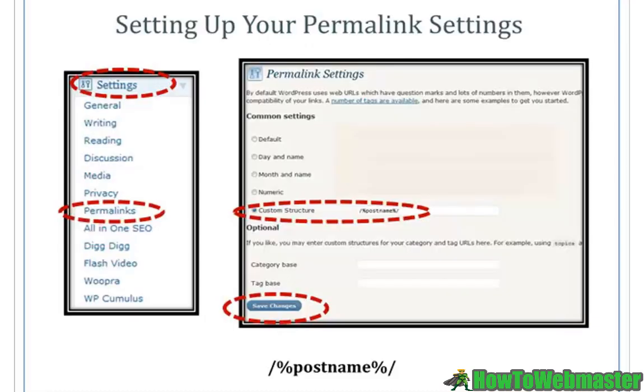All right, setting up your permalinks. When you go into the back end of your blog to the dashboard, you're going to find Settings. This is after you've logged into the back end of your blog as the administrator. In Settings, you're going to find a place where it says Permalinks. You're going to click on that. It's going to open up the following window right here. You're going to go down and click on Custom Structure. What you're going to want to put in here is this right here: /%postname%/